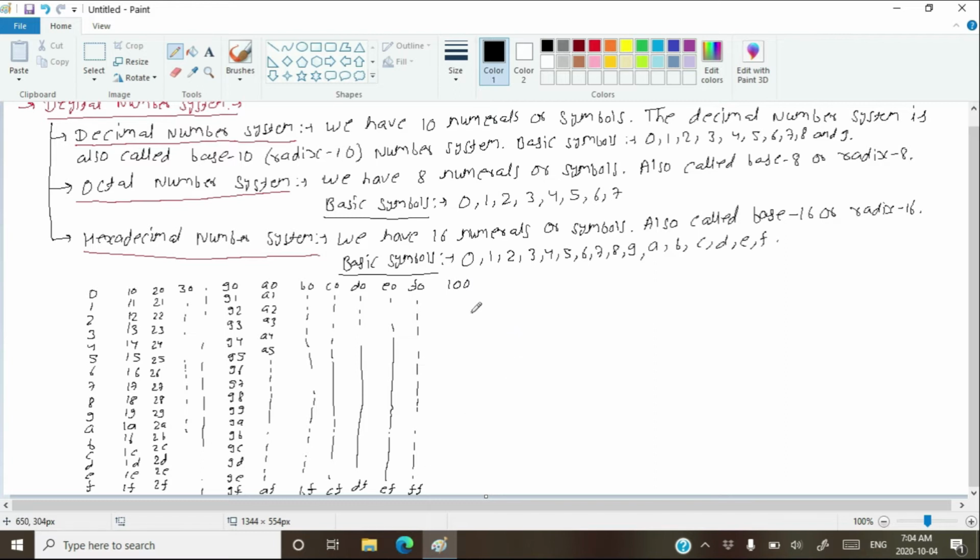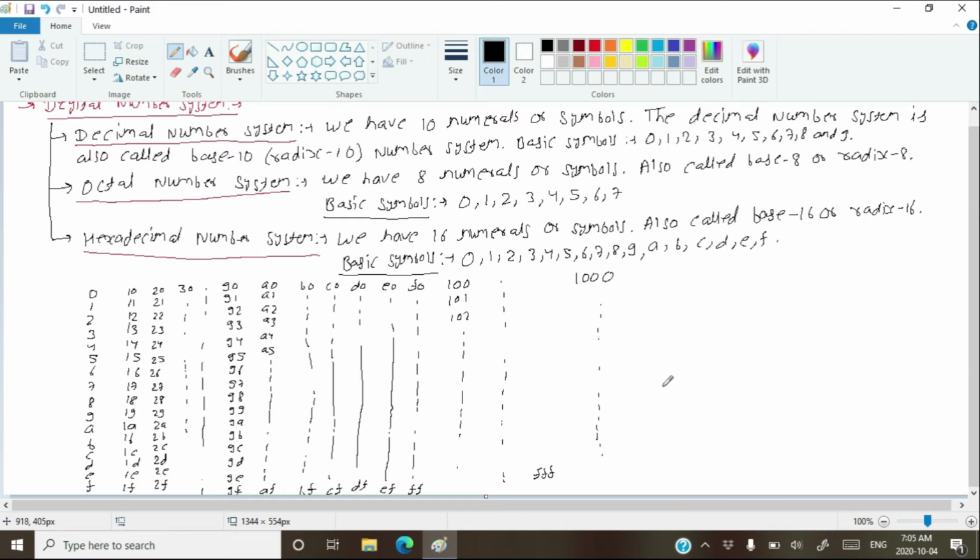So when the 100 comes in hexadecimal number counting, it comes after FF. So after 100, you have 101, 102, and you keep on doing it. Once you reach FFF, you have exhausted all your three-digit counting. So again, you continue your counting from 1000. So 1000 comes after FFF in hexadecimal number. So hopefully now you know how to count in hexadecimal number.